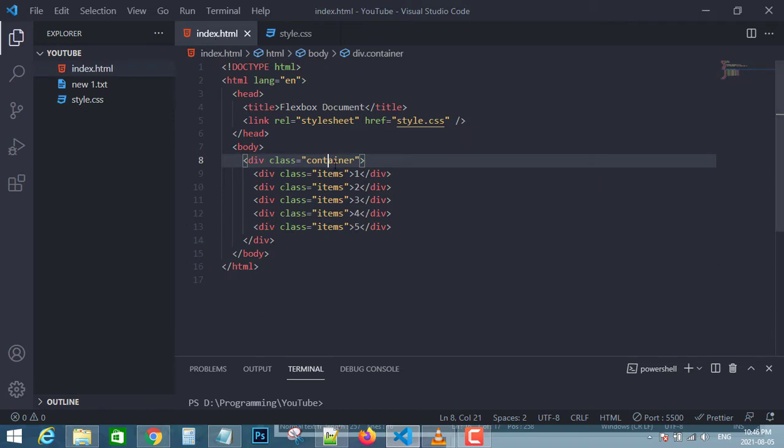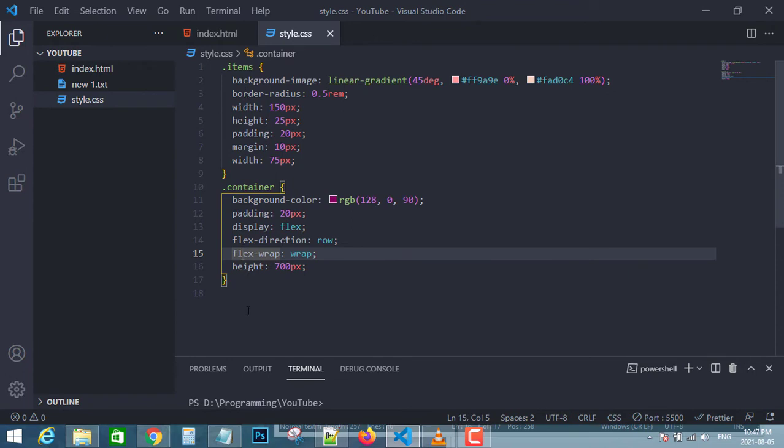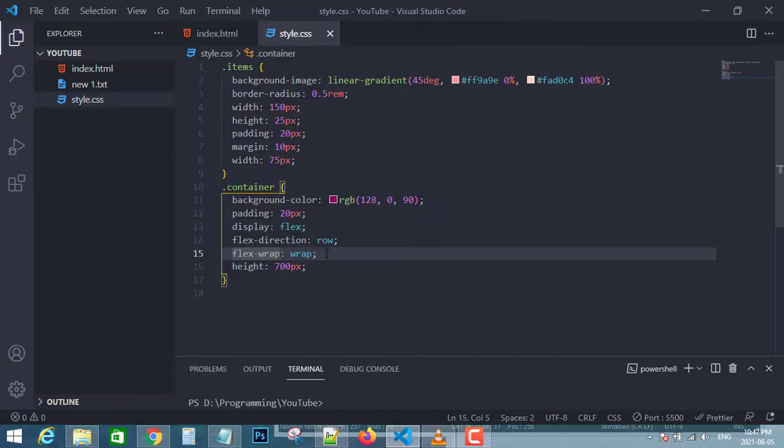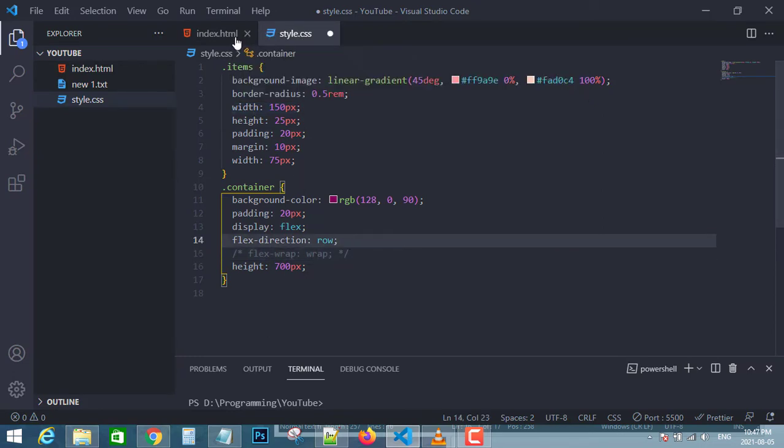As before, I have already written a short code that you should pause the video and type on your own. To save some time, I already wrote it. Let me show you the output of the code. It already uses the display: flex property and the flex-direction property, and I'm just going to comment out the flex-wrap property. So without further ado, let's talk about the align-items property of flex.